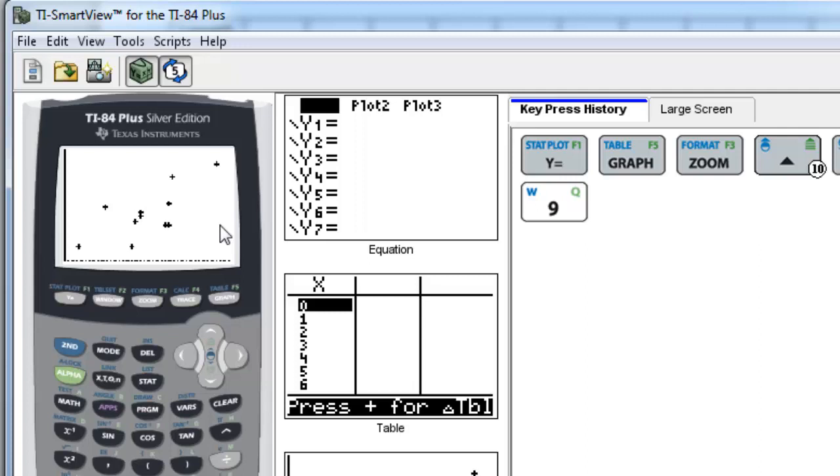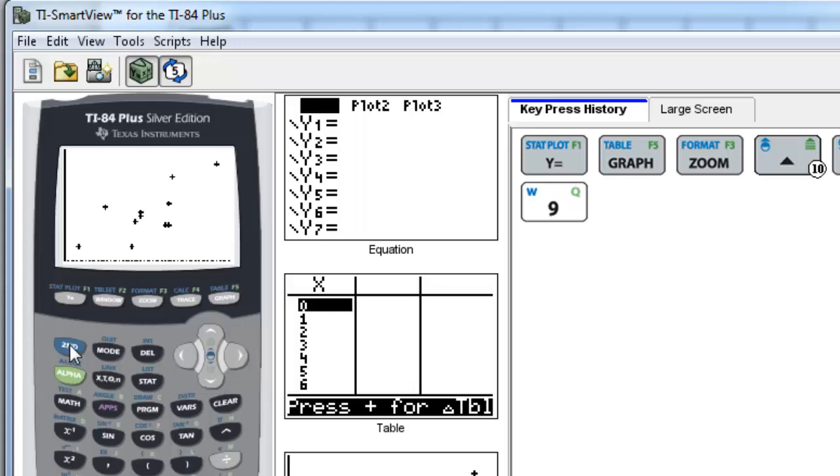The closer R is to either 1 or -1, the stronger the relationship is. In fact, if it's equal to 1 or -1, we have a perfect linear relationship. The closer it is to 0, then we have no linear relationship. Okay? So we want to find that correlation coefficient,